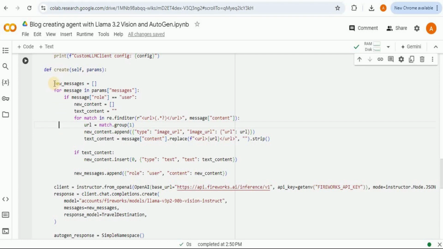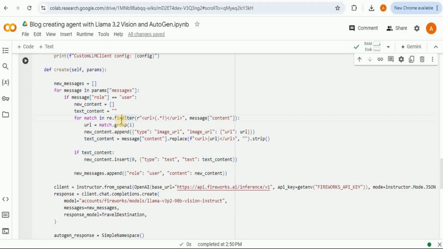Firstly, you can see that it is creating a new messages list, and then it is iterating through the messages inside the params. And each message in a dictionary contains a role and a content. So it focuses only on the messages where the role is user. Then on the basis of those messages where the role is the user, it looks for the content wrapped in the URL tags using the regular expression re.finditer.